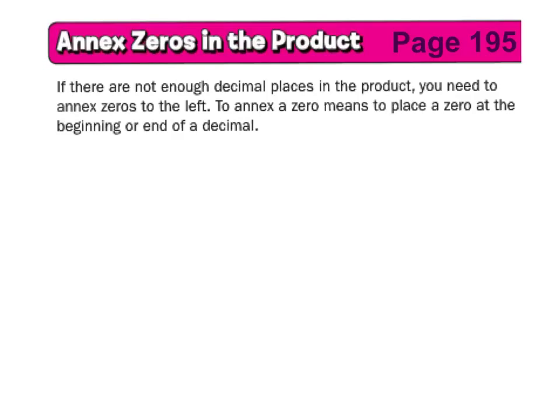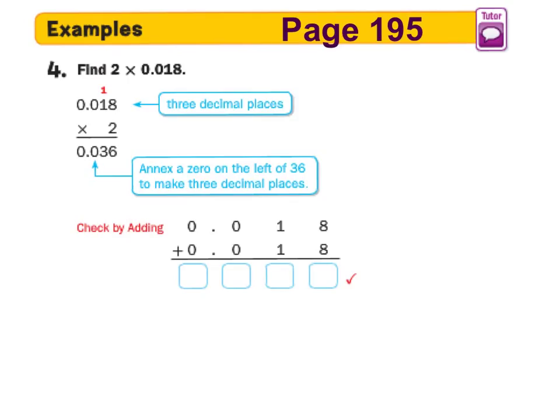It's not so bad. Looking at the first example here, we're going to start things off in the same way. We're going to do 2 times 18 thousandths. That's a really small number. We have 3 decimal places, 3 digits after the decimal, so we need to have 3 digits after the decimal here. But if we had done this multiplication and worked this out ourselves, we would have noticed that when we multiply